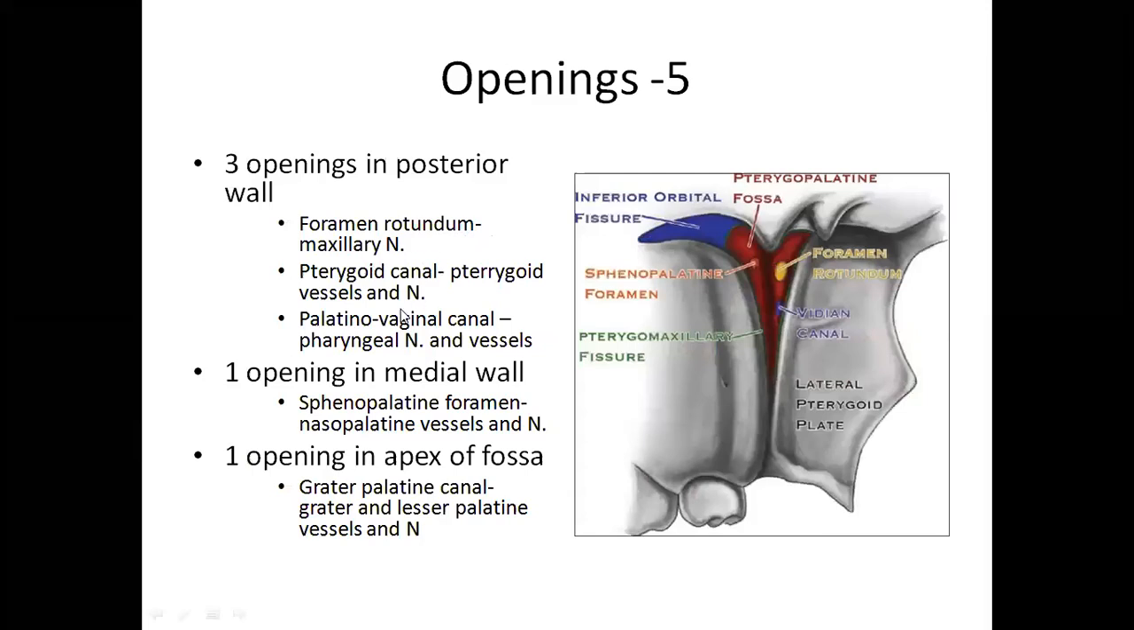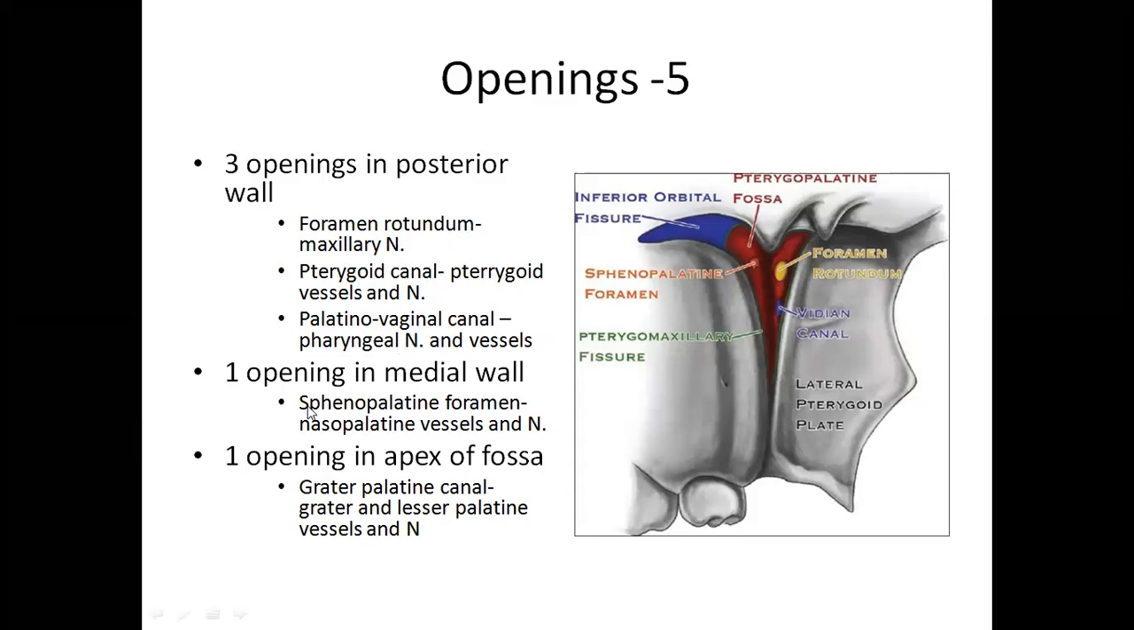Now see, this pterygopalatine fossa will have 5 openings, 3 openings in the posterior wall, that is foramen rotundum, pterygoid canal and palatovaginal canal. Foramen rotundum gives passage to the maxillary nerve, pterygoid canal gives passage to pterygoid vessels and nerves, palatovaginal canal gives passage to pharyngeal nerves and vessels. Don't worry where these holes are present, just think arbitrarily like there is a posterior wall where we have